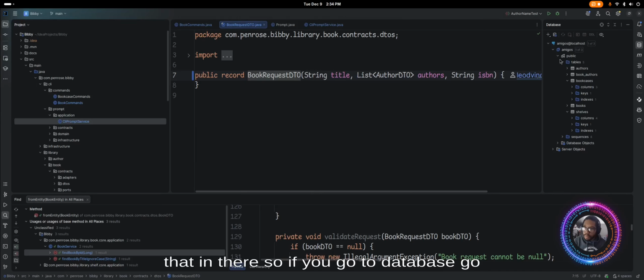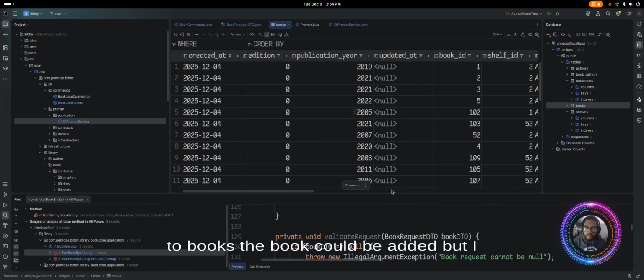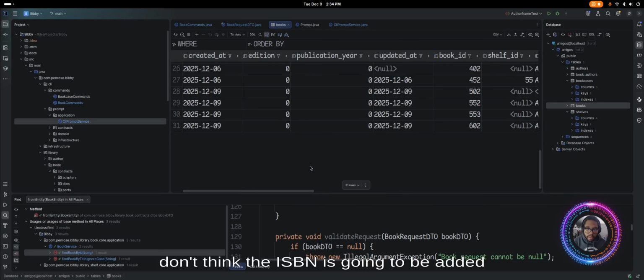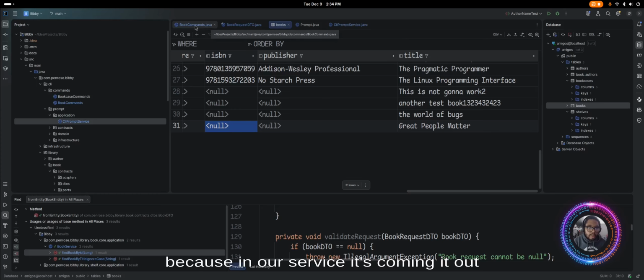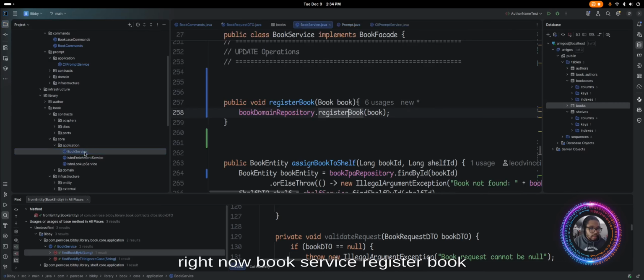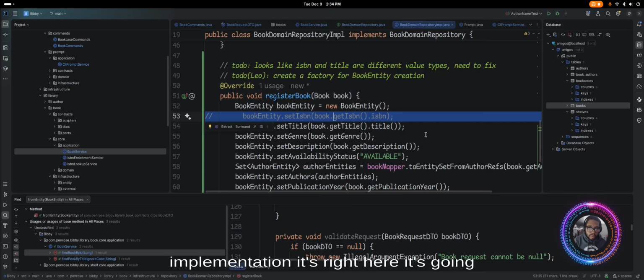So if we go to database, go to books. The book could be added, but I don't think the ISBN is going to be added. Great People Matter. Here's the ISBN. That's because our service, it's commented out right now. Book service, register book, implementation. It's right here. It's going to take the book,